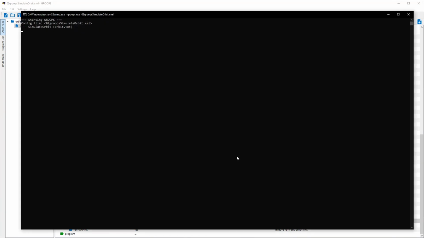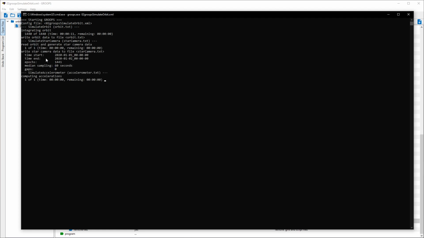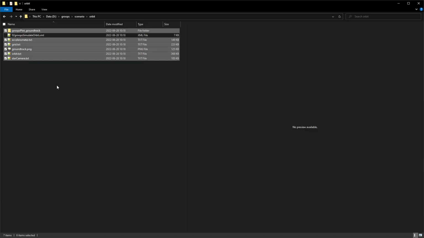Everything is fine. As you can see, a command window opens. The orbit is simulated, 1 minute sampling. With the tidal model it can take a few seconds. It's done. Then next is simulate star camera, which finished instantly. And next is simulate accelerometer, and then orbit to ground tracks and plot maps, and it's already done. So we close it and go to our